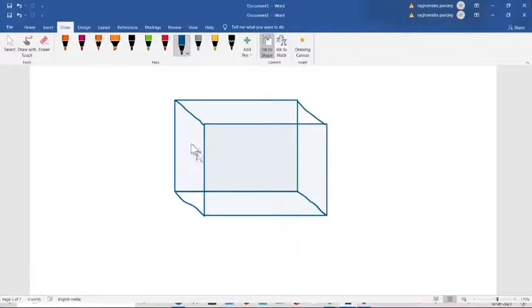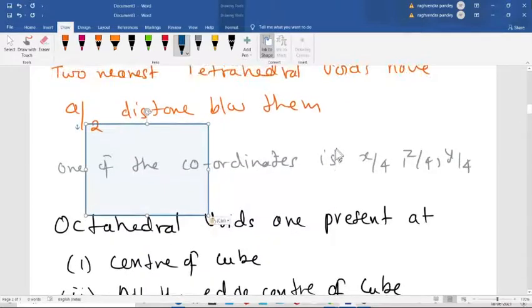Center of the face, yes. The center atom in the BCC, yes, it will depict the void space in that. Definitely, it will give the void space.